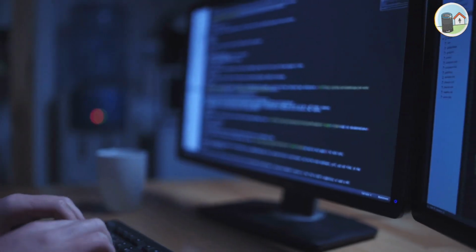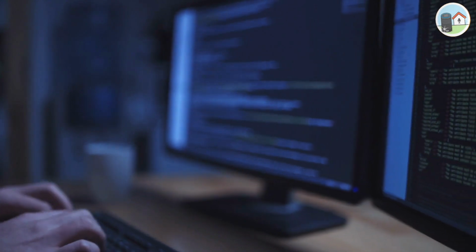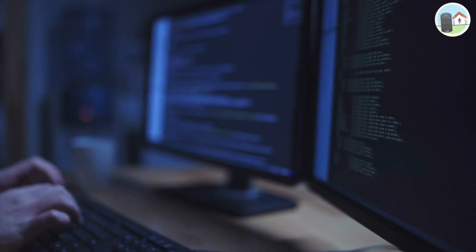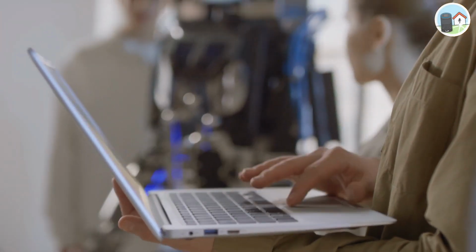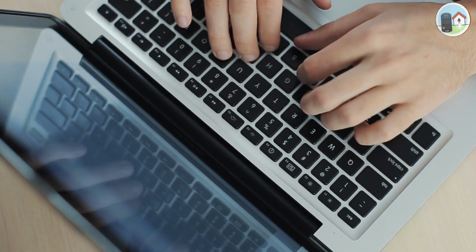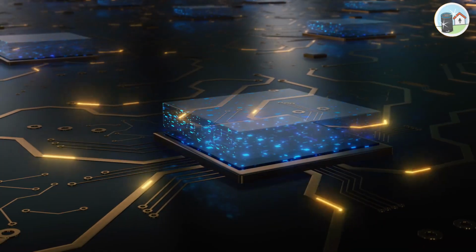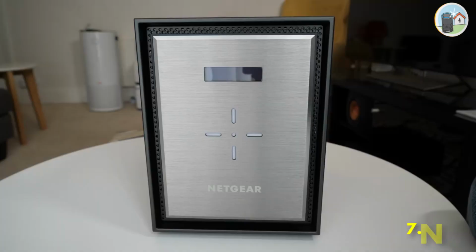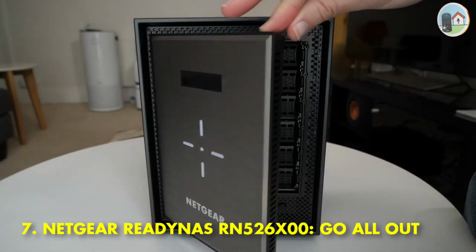The top Mac NAS drives. Let's move on to the best NAS drives for Mac now that you have a better understanding of why you would want to check into them. These will range in price quite a bit, with some being around $200 and others being over $2,000. But since each of these is a fantastic choice, you can't go wrong. Number 7. Netgear Ready NAS